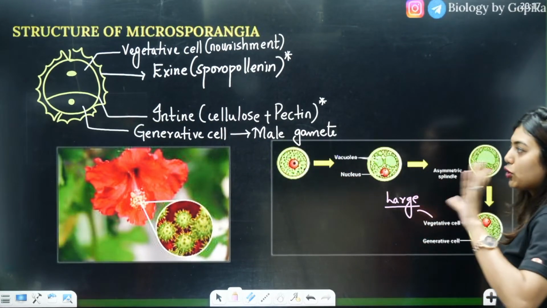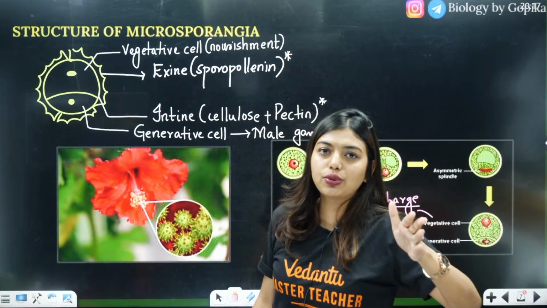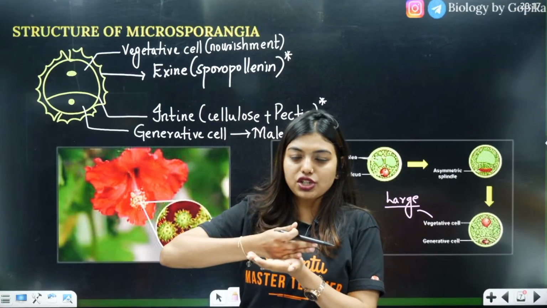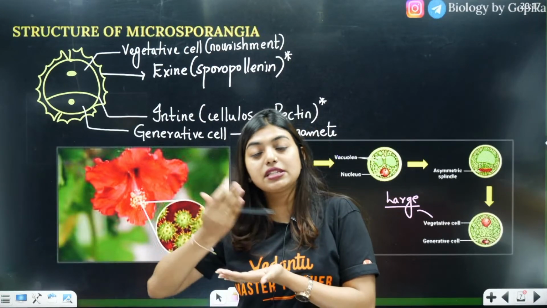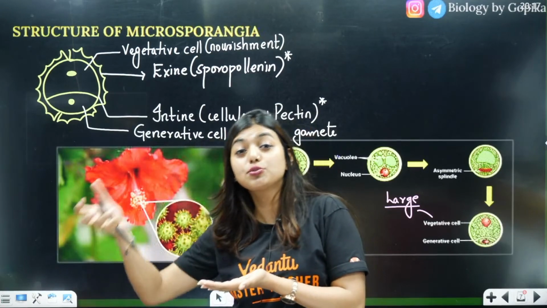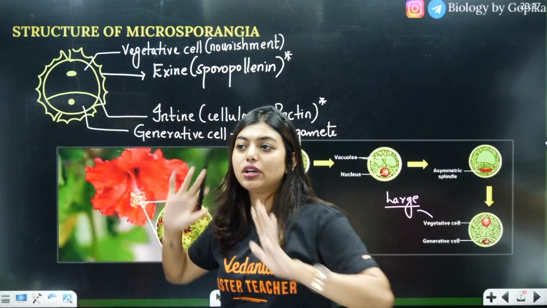Microsporogenesis is clear, no? So, Monica, you understood the order, the question that you had asked. You start from sporogenous tissue, then you go to your PMC or MMC. MMC undergoes meiosis to form the microspore tetrad. Microspore tetrad forms your male gametophyte. Male gametophyte later gives rise to the male gamete.